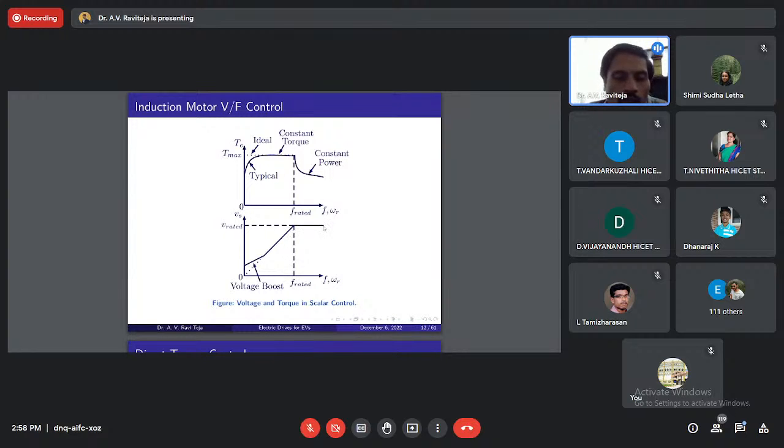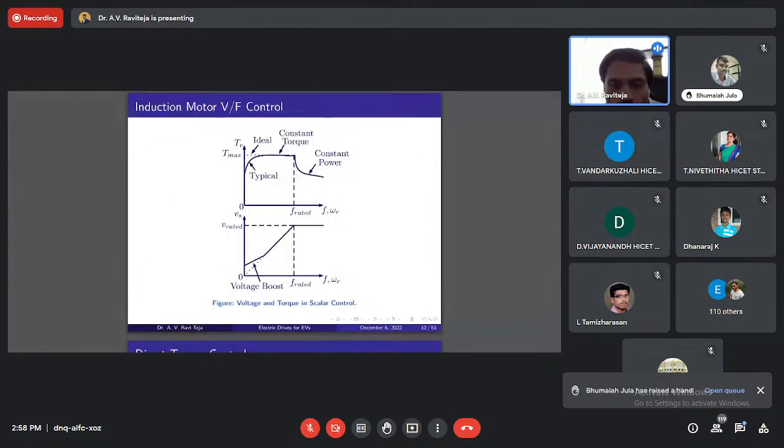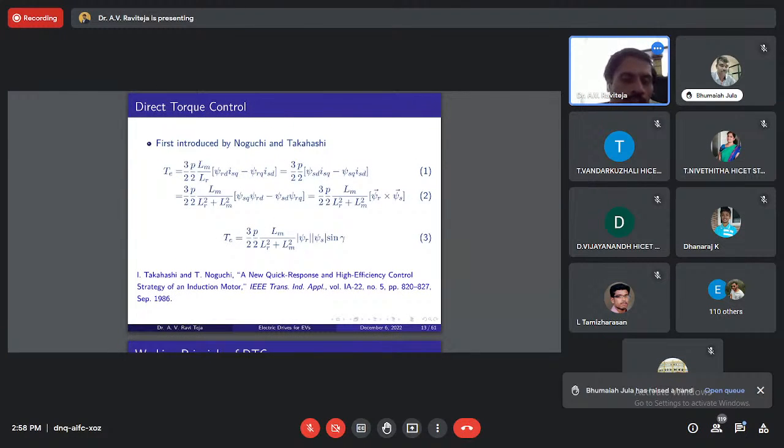After rated only, I will see that V will not increase further, only F will increase if you want to operate beyond rated frequency. So that is about the V by F control. Drawbacks I told you, you cannot go beyond rated, and starting you need to give some voltage boost for the stator resistance compensation. Then direct torque control. So as the name